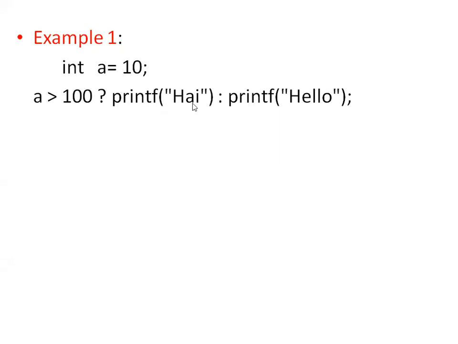This forms expression 2, and another printf statement after the colon forms expression 3. So what happens first? This condition is tested, a greater than 100. The current value of a is 10. 10 greater than 100 is false. So control jumps to the second printf statement,